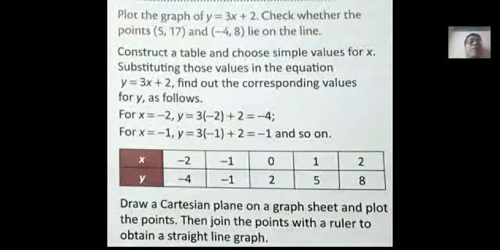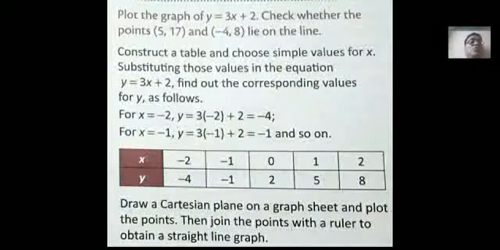So you can see by taking the points, the coordinates as you got here: (-2, -4), (-1, -1), then (0, 2), (1, 5), and (2, 8) is the last point. So accordingly you obtain the graph of the straight line on the Cartesian plane or coordinate plane. Clear?